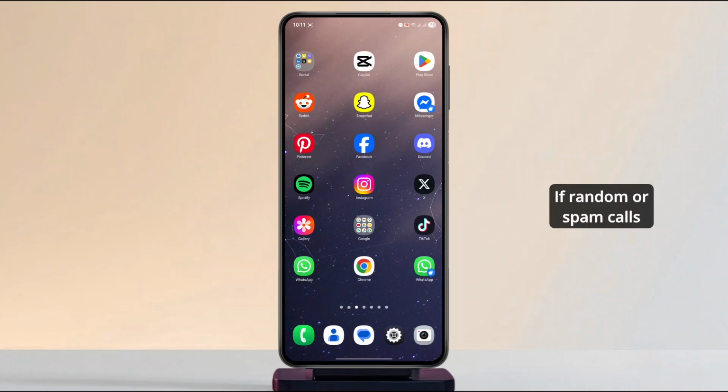If random or spam calls keep interrupting you, Android has a built-in feature to silence unknown callers, and here's how you can turn it on quickly. This will completely vary depending on the device you have, but all you have to do is first go to